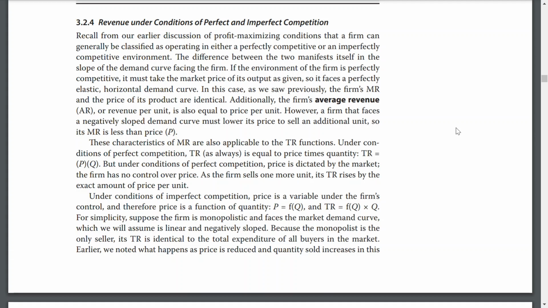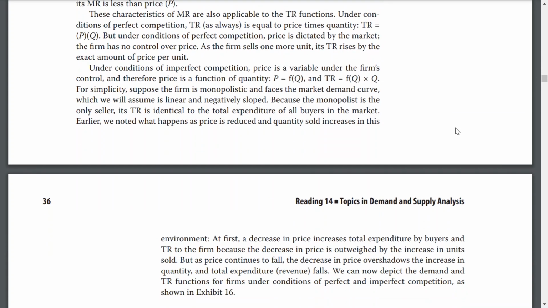But under conditions of perfect competition, price is dictated by the market, and a firm has no control over the price. As the firm sells more units, total revenue rises by exactly the price per unit. Under conditions of imperfect competition, price is a variable under the firm's control, and therefore price is a function of quantity,